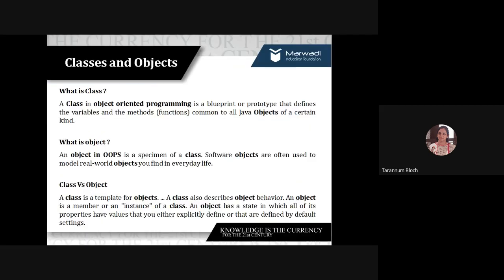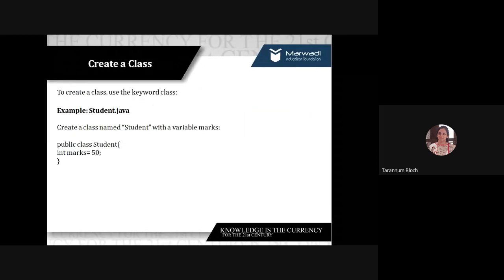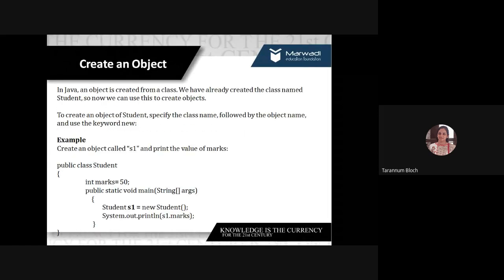Today we are going to go ahead with the next discussion. Along with this, we have also seen how we can create a class. We said that a class can be created with the help of the keyword class. You can look at the last paragraph, public class Student. And we said an object can be created from the class using the class name, object name equal to new, and then again the class name. So Student S1 = new Student. This is how we can create a class object.